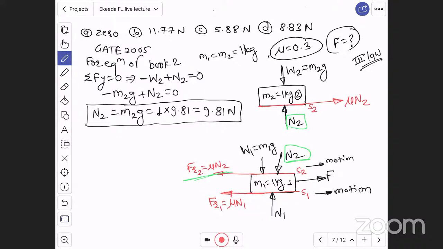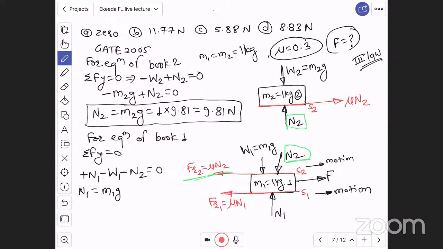For equilibrium of book 1, summation of forces along y direction is equal to 0. This will be the equilibrium equation of book 1, right? Summation of forces along y direction is equal to 0. Now, therefore, write down. See, W1 is downward, N2 is downward, and N1 is upward. Upward is positive, downward is negative. Therefore, plus N1 minus W1 minus N2 is equal to 0. Therefore, N1 is equal to W1, that is m1g,